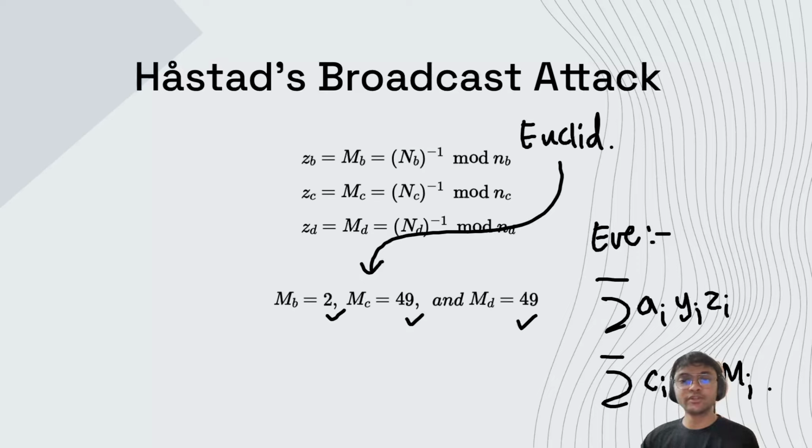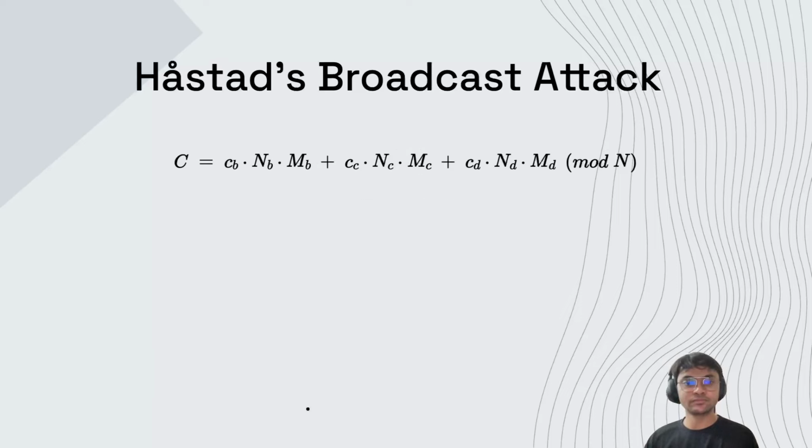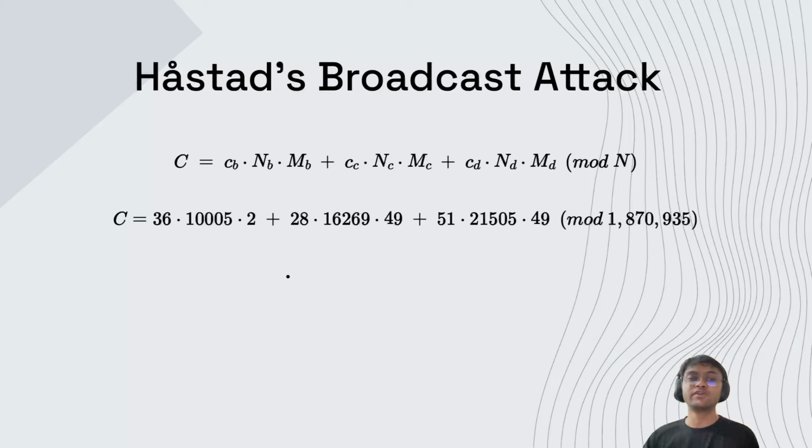Now, at this point, Eve is ready to plug this in. They know the values of c_i, N_i, and M_i. Now, Eve can simply plug those values in, as we have calculated right now,